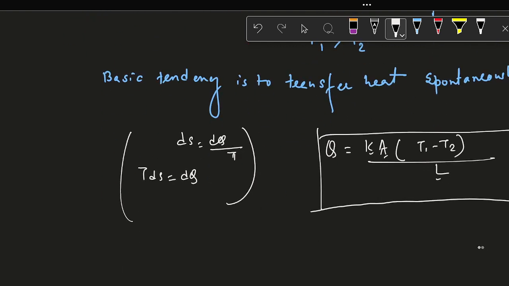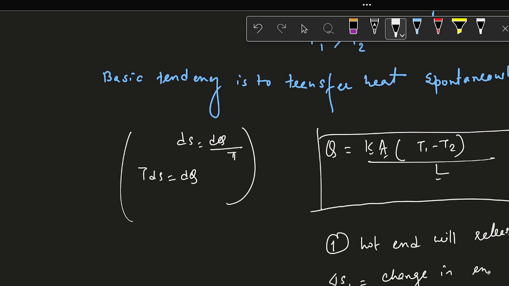So if that is the case, then the side number 1 or end number 1, the hot end, will release the heat, because this is the hot end. So this will release the heat of amount Q. So what will be the entropy change for this end? Let's say it is delta S1. This is the change in entropy